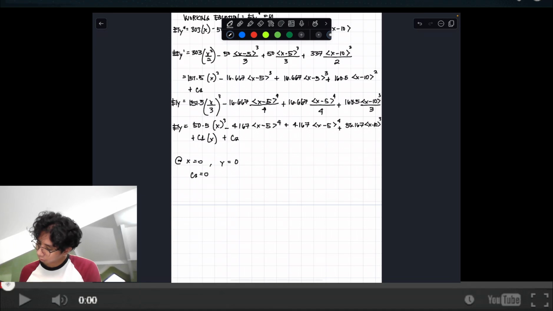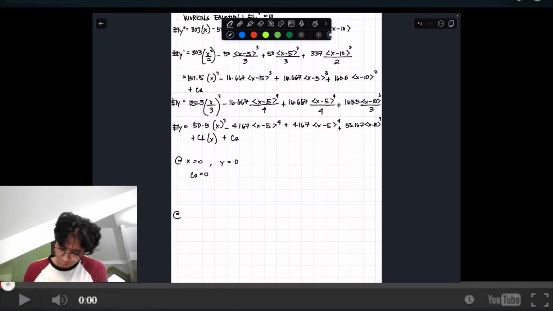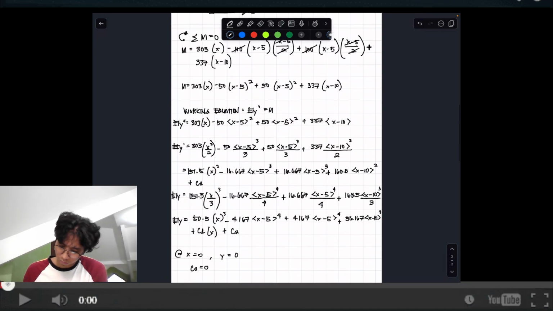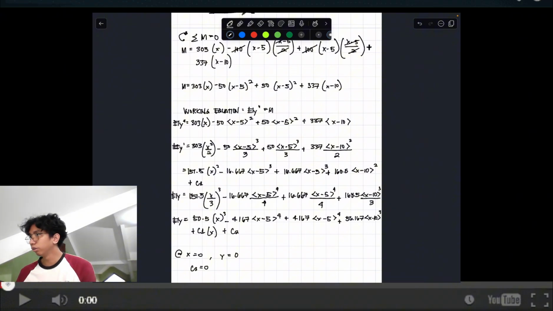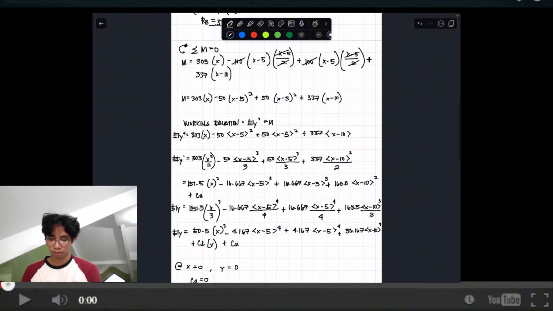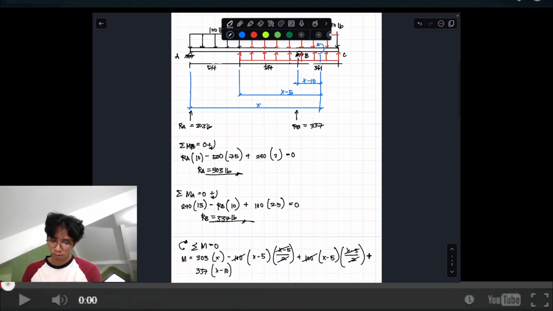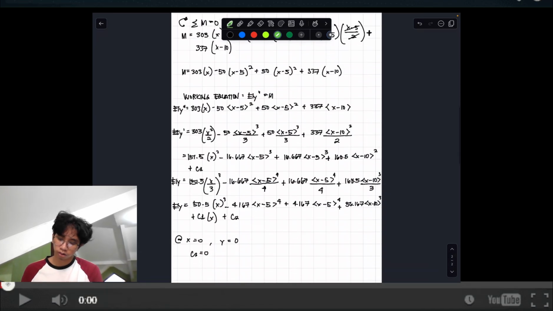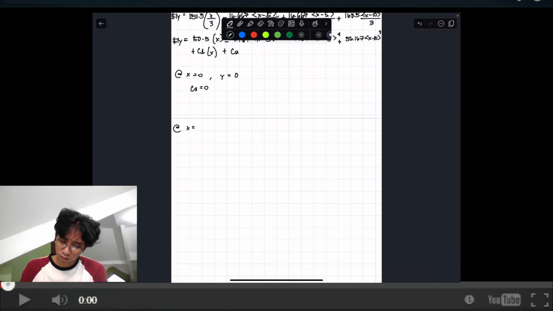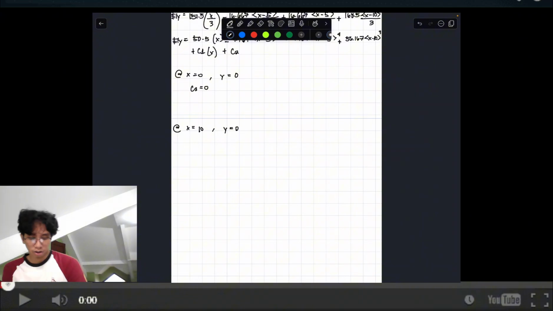So next, the boundary condition at the right support and solve for C1. We need to solve on C1. So at x, ang x natin will be equals to 10. X natin will be equal to 10. X is 10, y is 0. Okay, substitute into